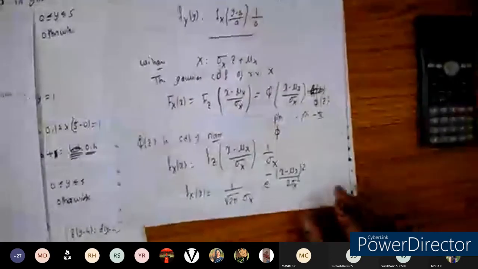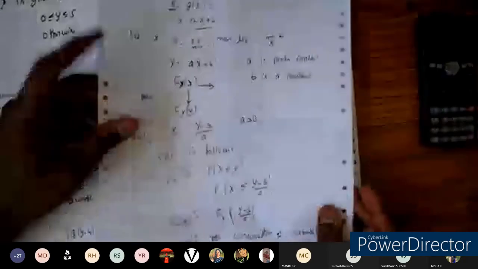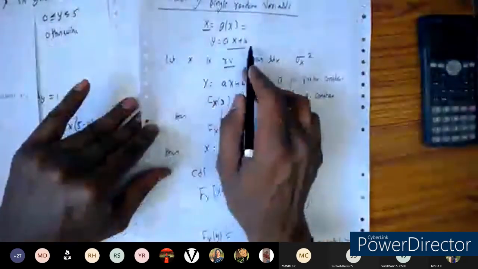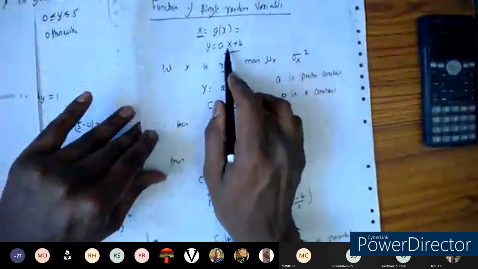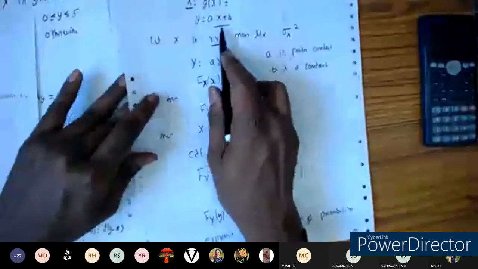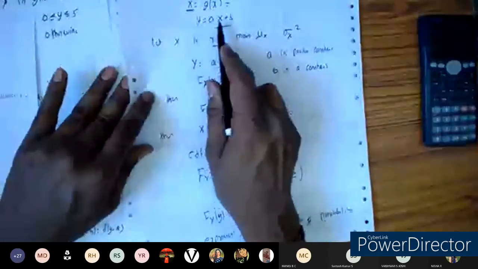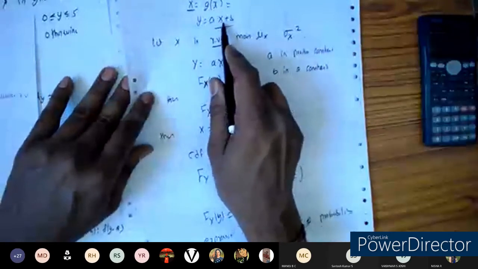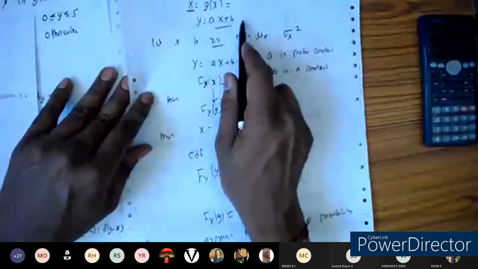Now I am going to recall the equations we have seen so far. The new random variable is given by y equal to ax plus b. Assume we already have the random variable x, which is a Gaussian random variable. We need to find the PDF of the new random variable y from the PDF of the Gaussian random variable x, where a and b are constants.